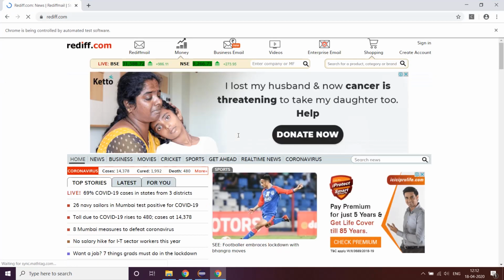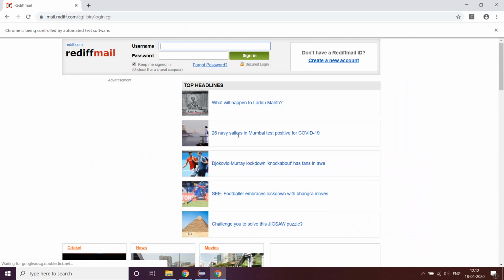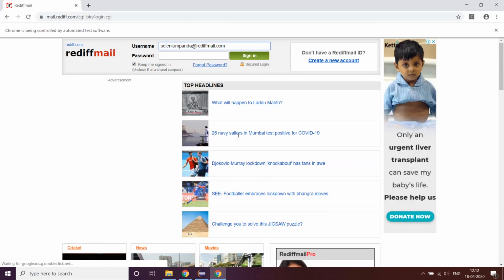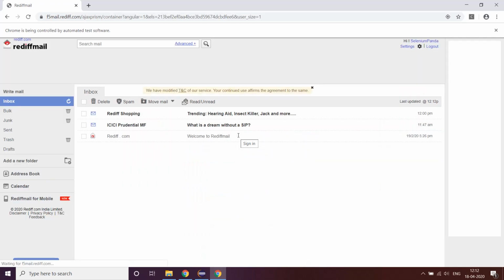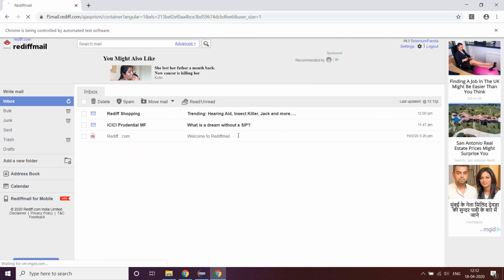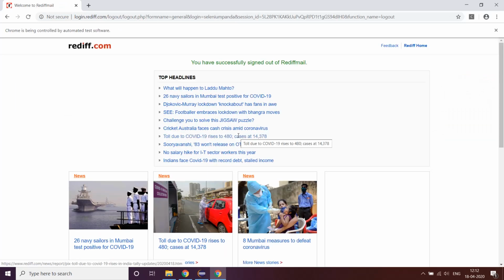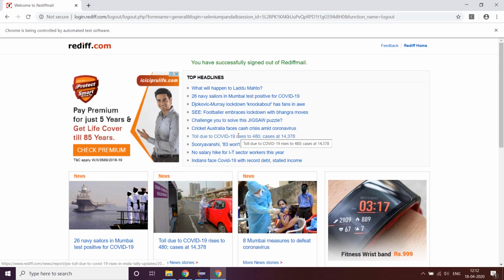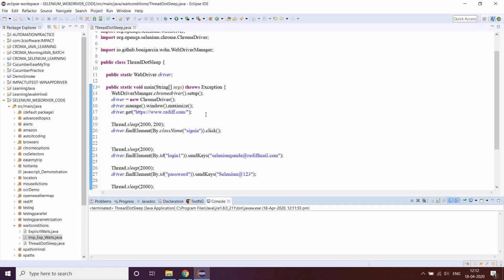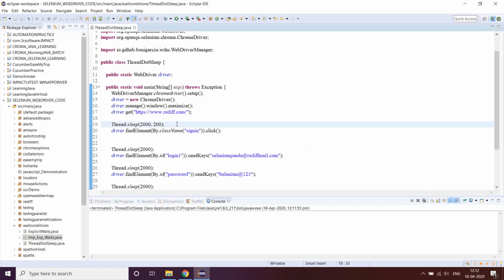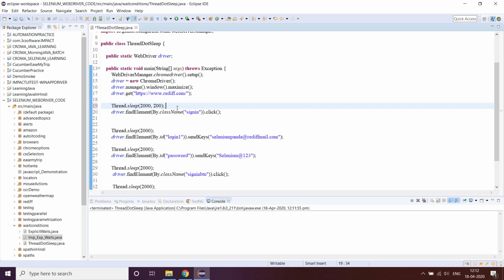See, it will wait for some time and then click on sign in. It will wait, and after 2 seconds it will enter username. Now it will wait, after 2 seconds it will enter password. It will wait, after 2 seconds it is going to click on sign in. Once it is inside inbox page, it will wait, and after 2 seconds it will click on logout. But if you would have done it in a very common and faster way, it would have been done pretty fast. But the thing is, what happened here? This script lagged by how many seconds? Here we had almost 2 seconds.